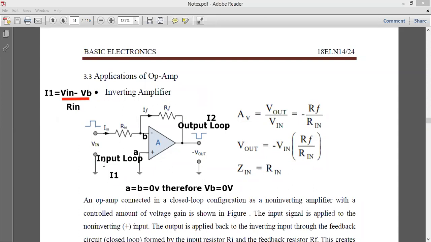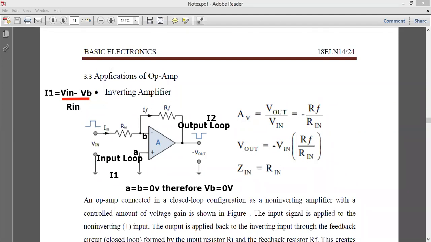So how I have taken I is equal to V in, applied voltage is here is V in. Okay, then afterwards here at point B it is called as VB जो कि 0 volt पे रहेगा. Okay, why it is 0? Because of virtual ground. Okay, then divided by R in. R in क्यों यूज कर रहे हैं? बिकॉज इनपुट लूप पे अप्लाई किया हूं मैं, इसीलिए वो आपको इनपुट लूप पे दिखाना पड़ेगा. So this is my current I1.